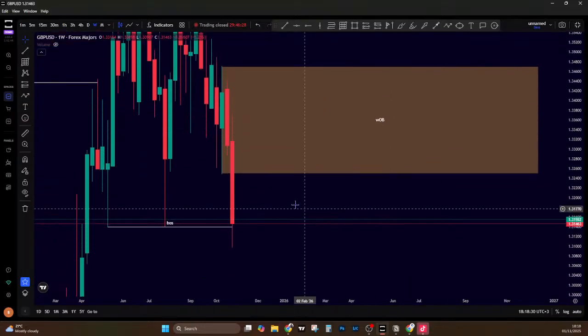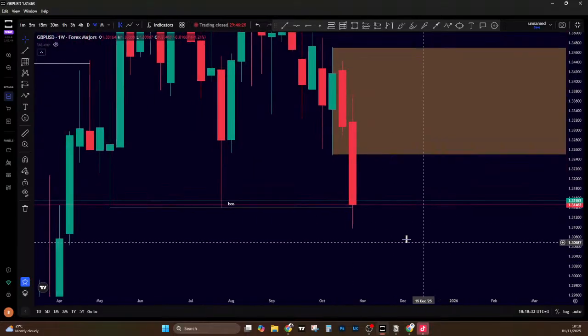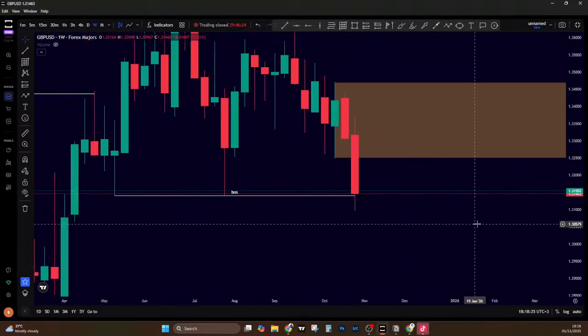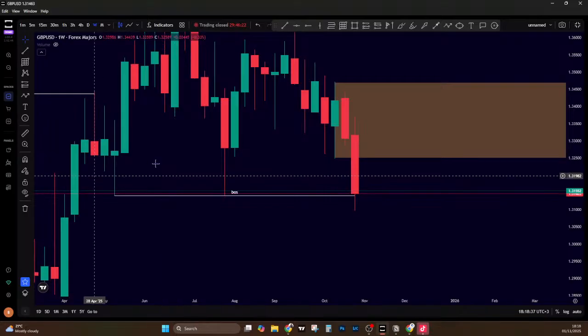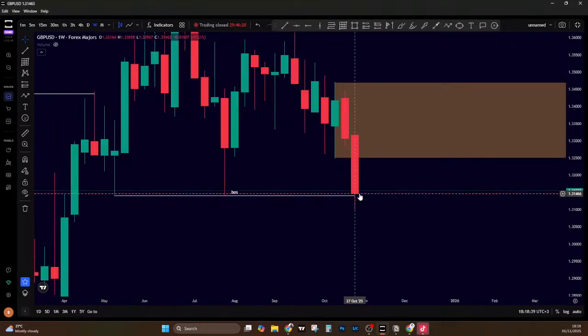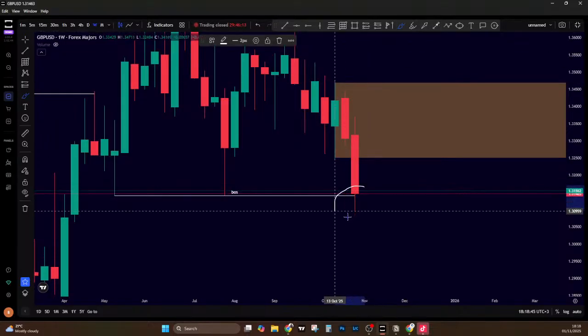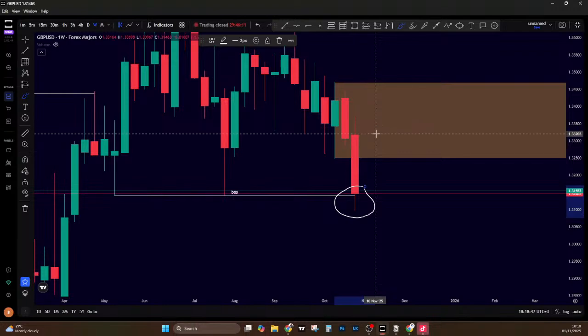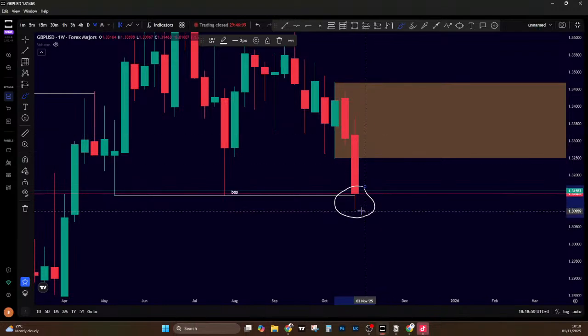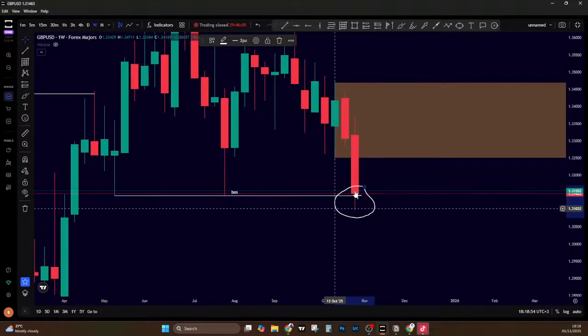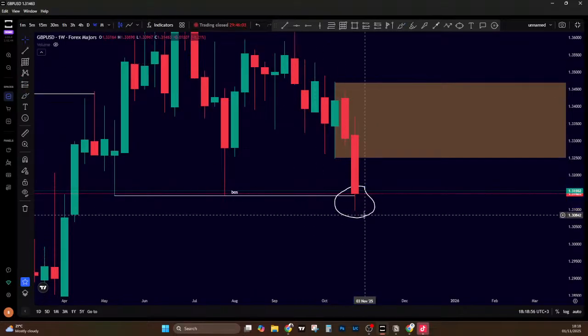And then you can see what happened. You can see what happened last week. The market took out this liquidity and closed. Okay, that means this is signaling to you that the market wants to reverse to a certain area and then take out this sell side liquidity. Take out this sell side liquidity. Okay, so